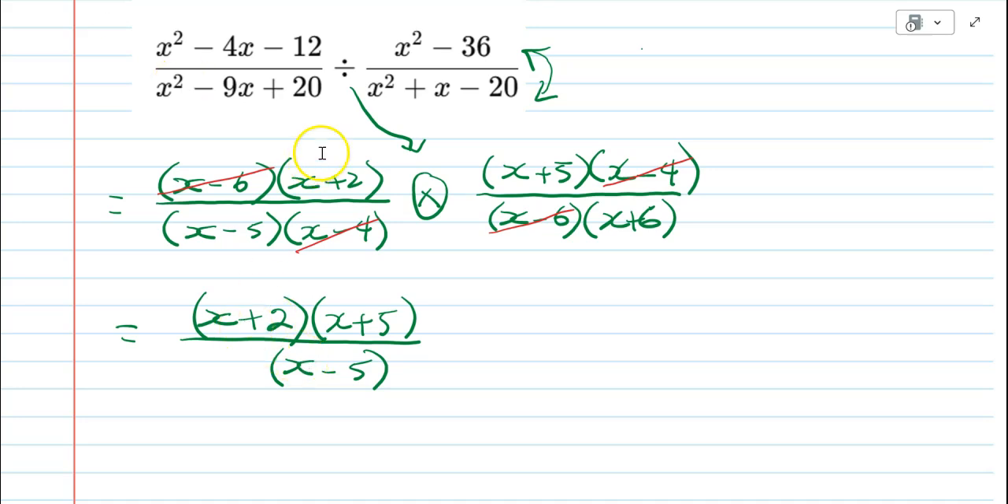Here is the final answer: x plus 2 times x plus 5 over x minus 5. Okay, now if you have to do the non-permissible values, here is the part that you need to look